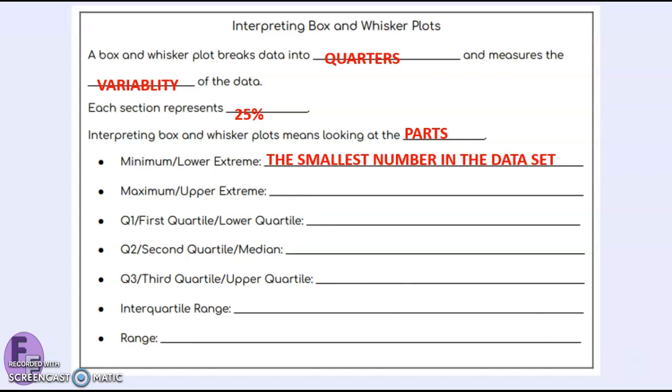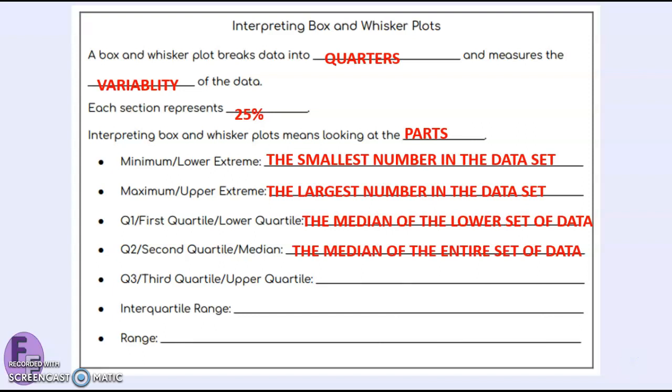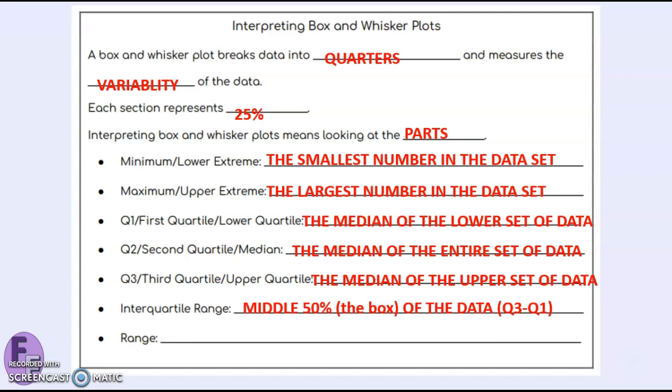So the minimum is the smallest number. The maximum is the largest number. Q1, first quartile or lower quartile, it can be referred to as all three, is the median of the lower set of the data, where Q2 is the median of the entire set, and Q3 is the median of the upper set. Remember, interquartile range is taking Q3 minus Q1, and it's finding the middle 50% or the box of